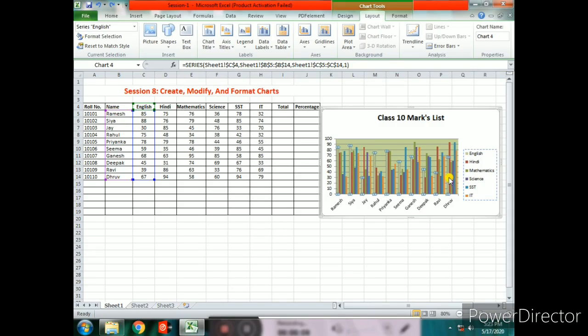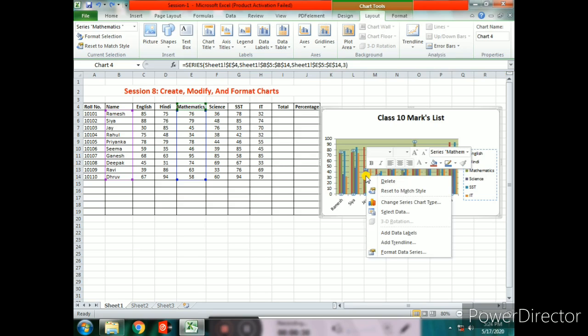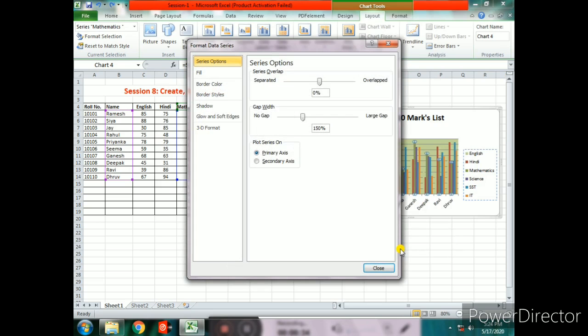Our next topic is formatting data series. You can format a data series by changing the bar colors, lines, slices or shifting their position. Now let us see how can we do this. Right click on the data series, then format data series option, click on it.